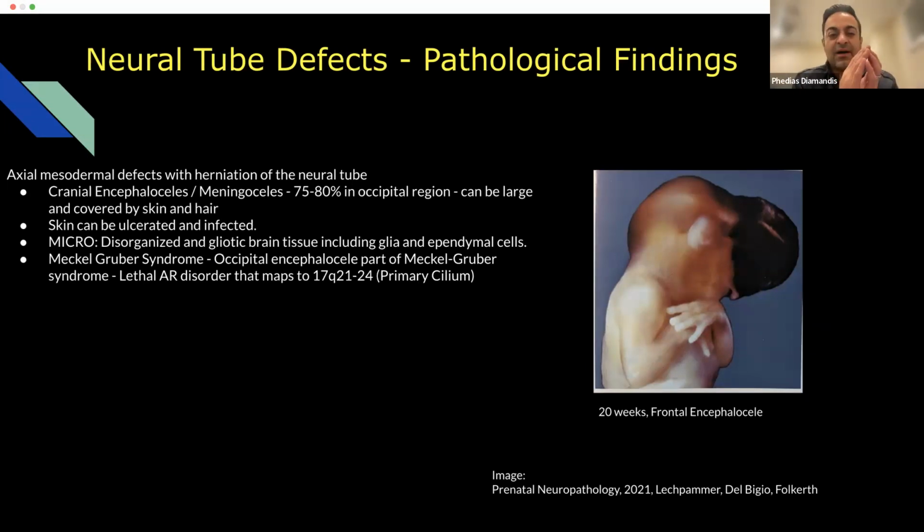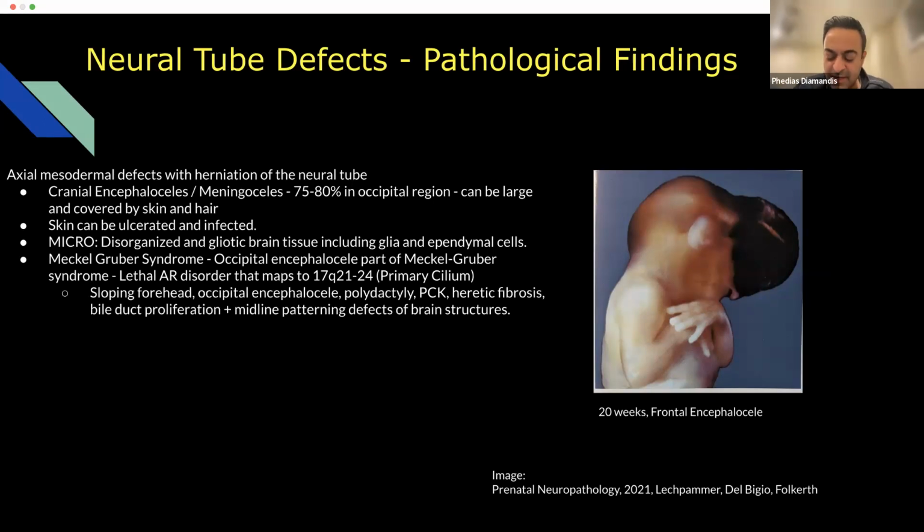When you see an occipital encephalocele, it's important to think of Meckel-Gruber syndrome. This is an autosomal recessive disorder that maps to chromosome 17, and the gene that has been associated with it is involved in primary cilium formation. So again, migratory elements of cells. The key here is that this is an entirely different mechanism than dietary folate supplementation. No amount of dietary folate may be able to reverse Meckel-Gruber syndrome. So if you recognize this, it's important to think about other differential diagnoses that may have different family planning issues